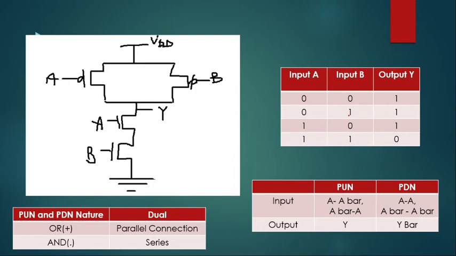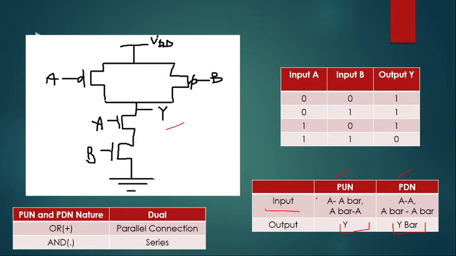So today we want to do the CMOS implementation. This will be the final structure that we will obtain at the end of this lecture, and this is the truth table of the NAND gate that we are going to verify. A few rules that I have already discussed in my previous videos about CMOS implementation: we are going to implement two networks, pull up network and pull down network. For the pull up network the output should be Y, and for the pull down network the output should be Y bar.